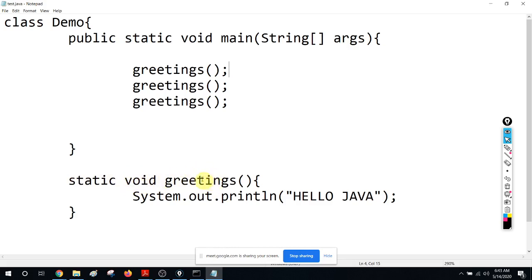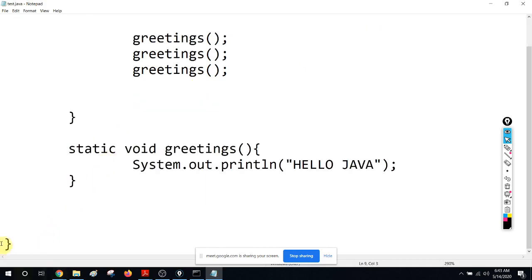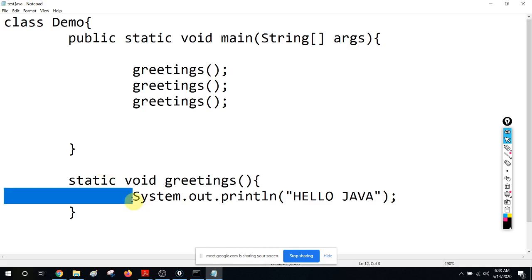This is my method name. Always your methods must have these brackets, the normal brackets, start and end. If there are any parameters, they will be there. If there are no parameters, you still need to have the start and end of these brackets. Then this is your code block start, code block end, right? Just like your main method, which is inside the class. Inside this you can write any number of valid statements that you can write in your main method, and they can be written here also. So I hope you got it, right?